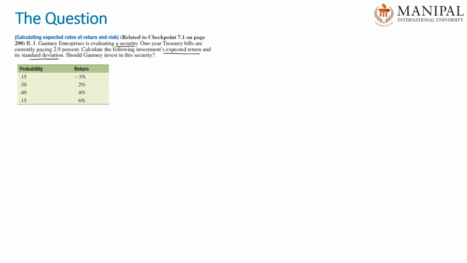Now, why did they put treasury bill in the picture? Because you have to remember treasury bill is riskless. So you can say that the SD is equal to 0. But the expected return is stated here, 2.9%. So this is for a riskless asset. Now you have to calculate your